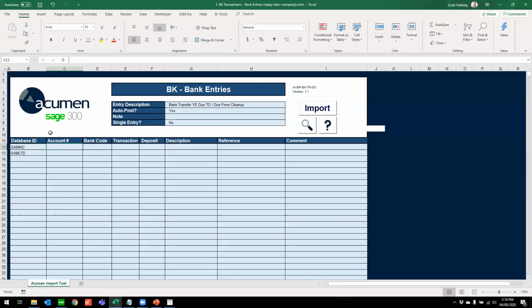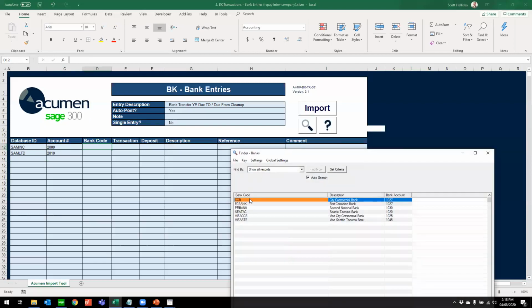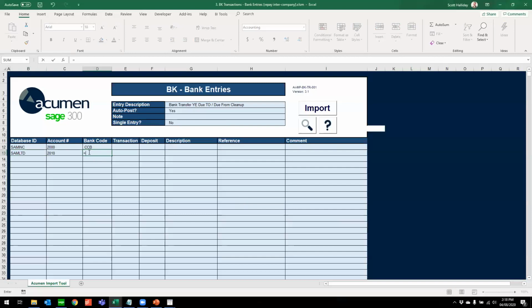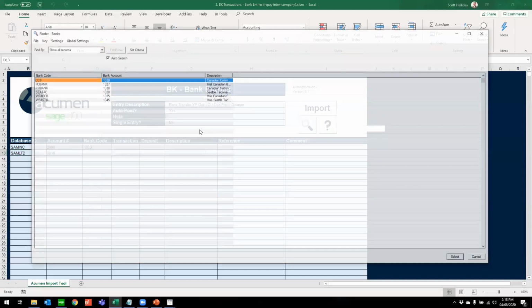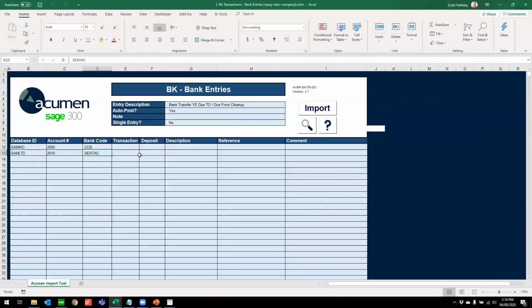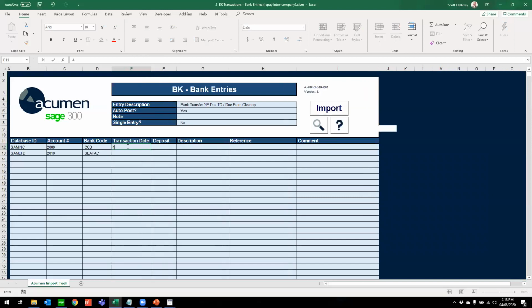And then I'm going to bring this in from, maybe I do account 2000, account 2010. And I don't remember my bank code, so I'm going to use my Finder and look up and say, I'm going to choose the CCB Bank. And then, whoops. And then for this one, I'm going to pick for my LTD. I'm going to choose my C-Tech Bank. And the transaction, that's just a descriptor or a date. I don't have this wide enough. That's my date, so I can say that's 4/1/2020,